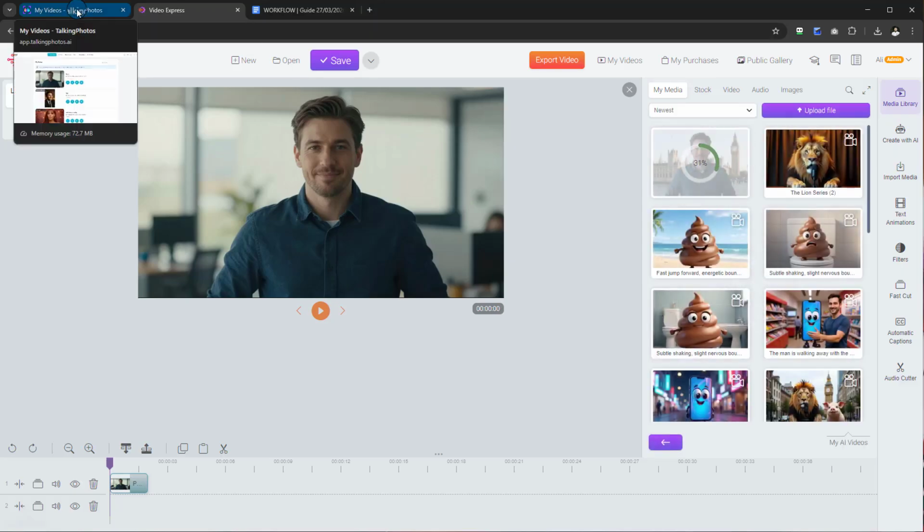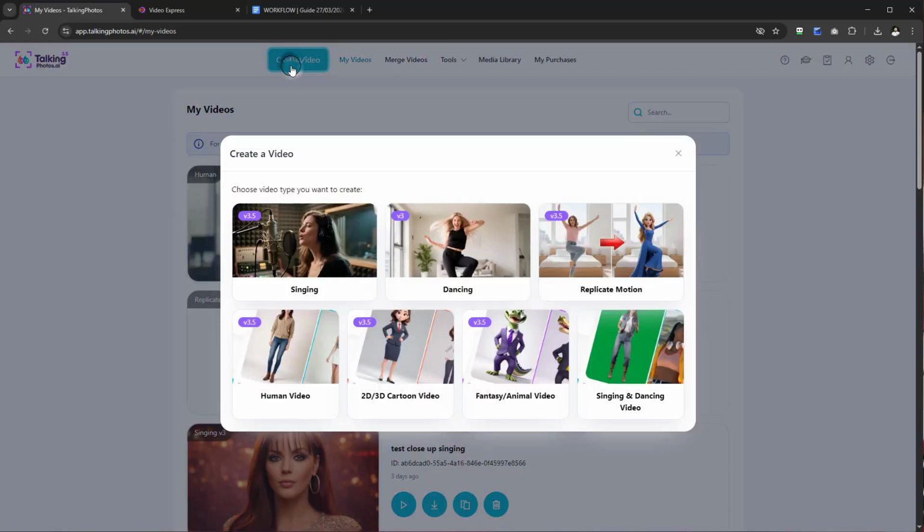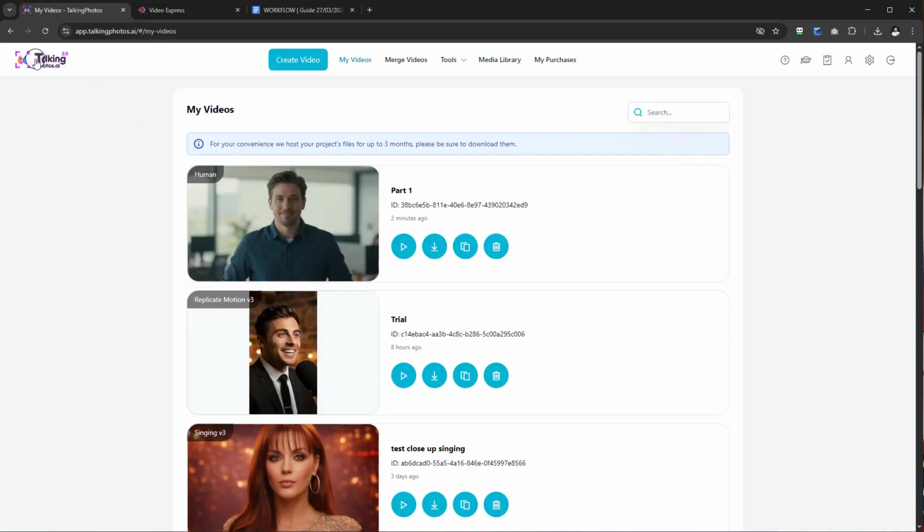And in the meantime, also, if you wanted to create other additional clips of the same character, maybe you want to replicate emotion, maybe he's doing a dance, or maybe you want to bring another character as part of it. You know, you have a multi-part character storyboard in Suit. You can actually use both, or just use talking photos as standalone. That's completely up to you.